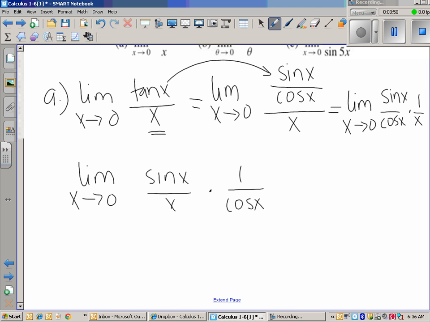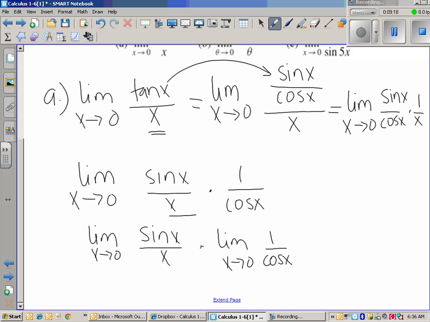And now I can say, oh, hey, look, this is the same thing as saying the limit as x goes to 0 of sine x over x